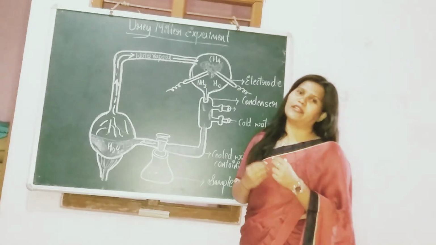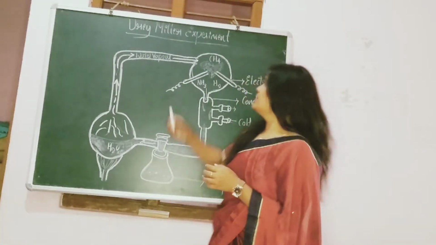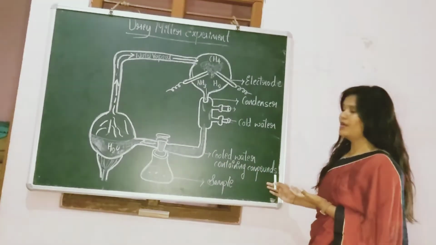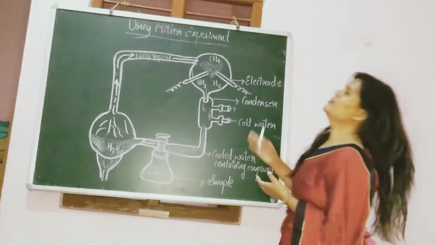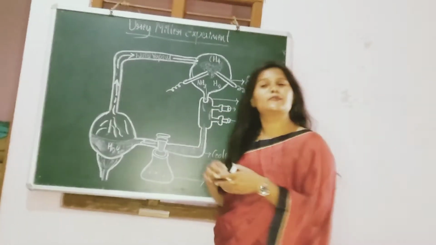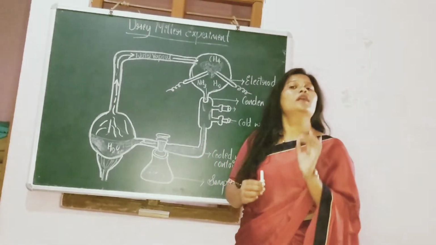In order to prove that, these two scientists came up with a setup. See, such a wonderful setup it is, right? This is the Urey and Miller experiment, because they gave this experiment to prove that chemical evolution is a correct